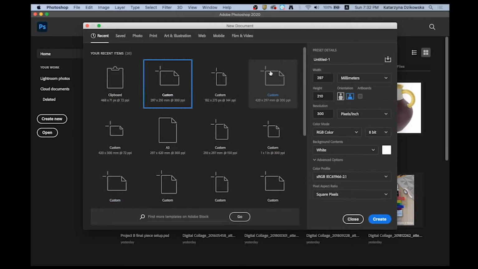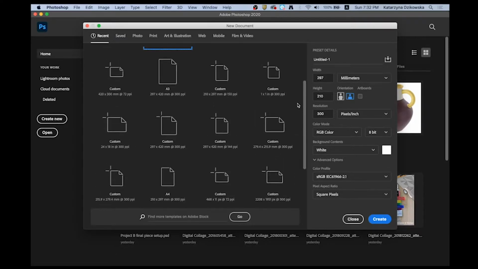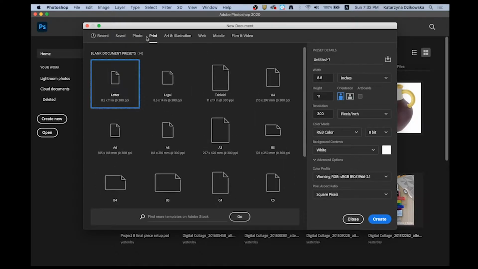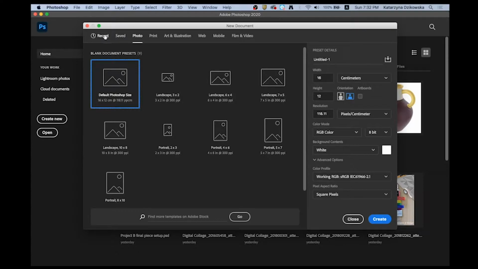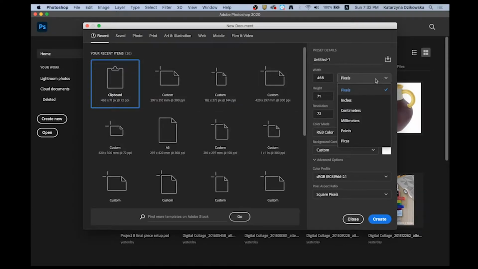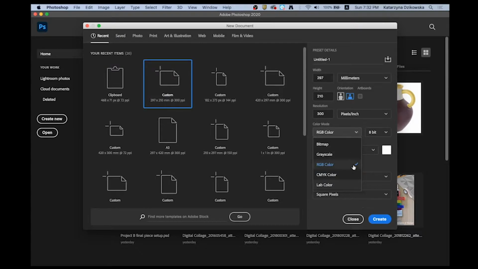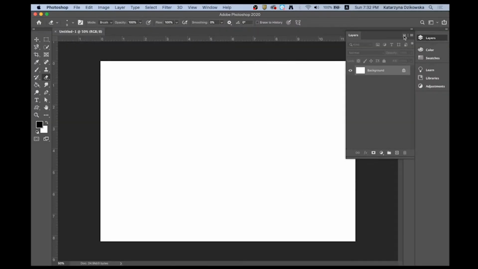When you start creating a new file, you can choose one of the presets if you want, or you can change your file settings directly. You can change the measurements, the size, resolution, also the color mode, depending what type of artwork you're doing, and hit create. That will create a